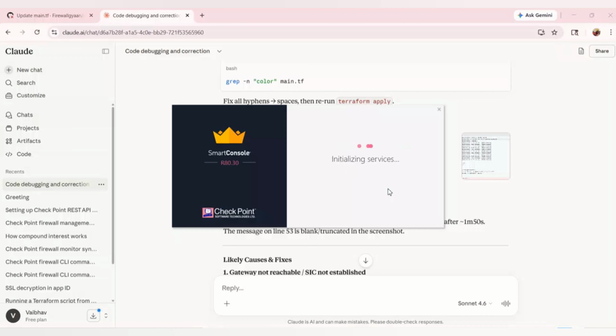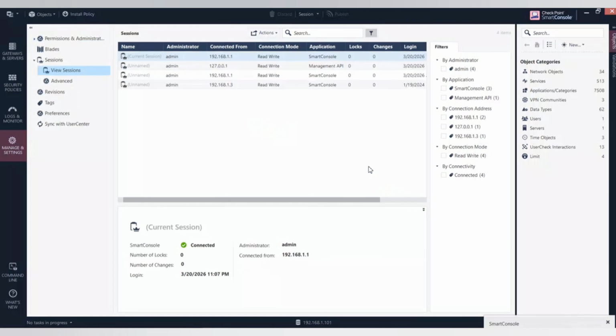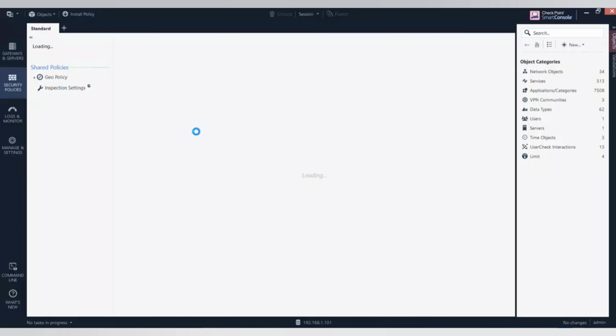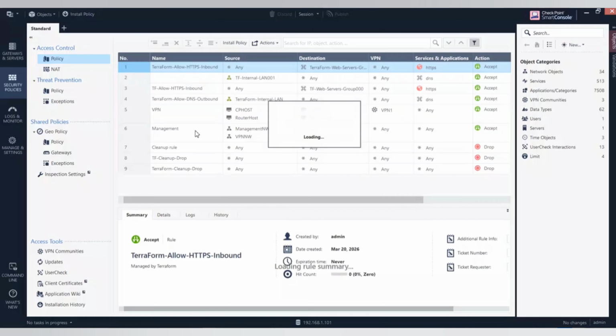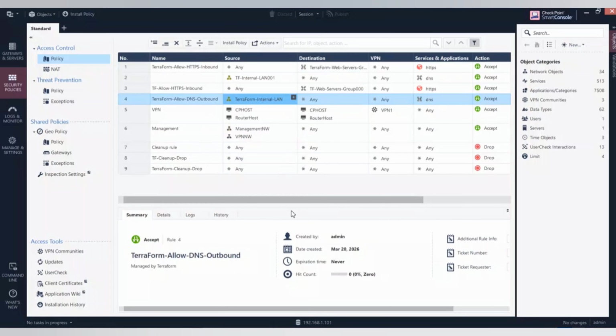But having said that, this script, whatever I have done, is working so well and everything looks very perfect here. And why I'm saying so, I'll just show you once this application gets launched. Give it a minute, and this is launched. Here I can see the AI session, no locks and nothing, which is good. Security policy, I should see my new policies now. And here is the new policy: Terraform internal LAN. Wherever I have given this name,